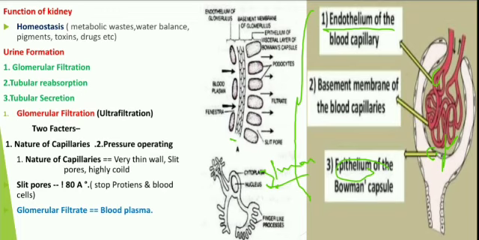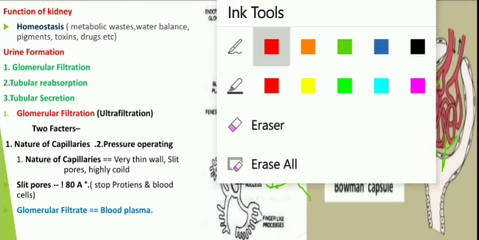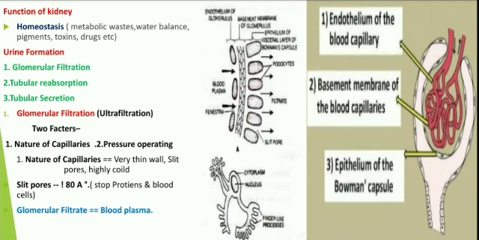so that filtration is very effective. For example, if you filter tea or coffee through 10 foldings of cotton cloth, the filtration is very slow. Instead of 10 foldings, if you make it 2 or 3, the filtration is very effective because it depends upon the thickness. In a similar manner, when the thickness of the nephron is very small, the filtration is very effective.